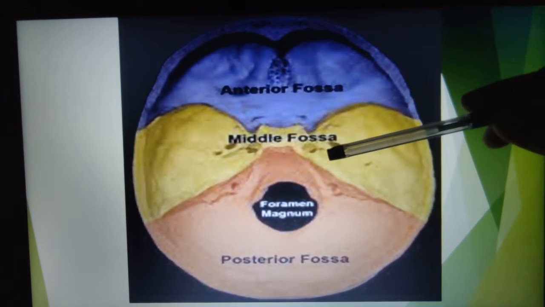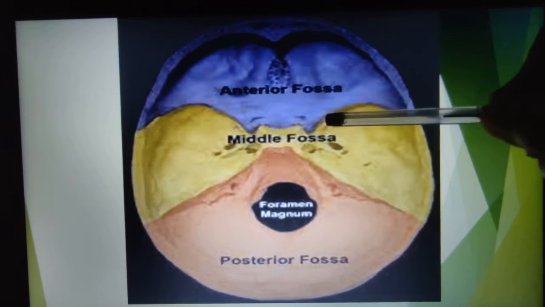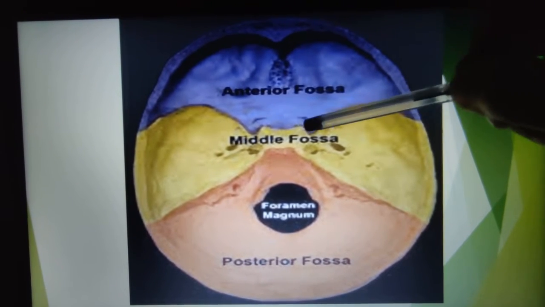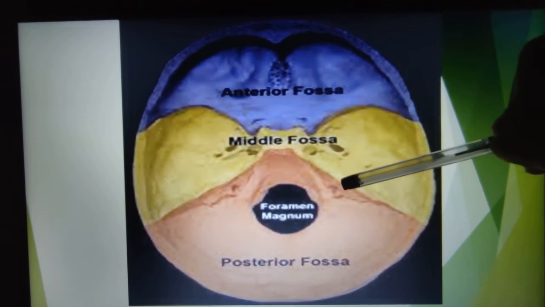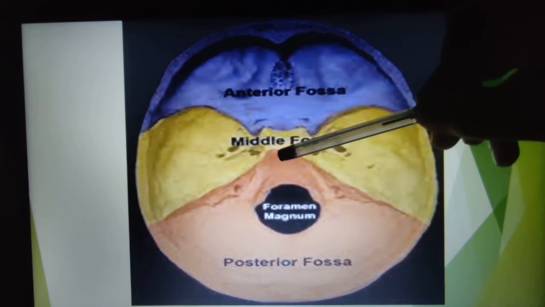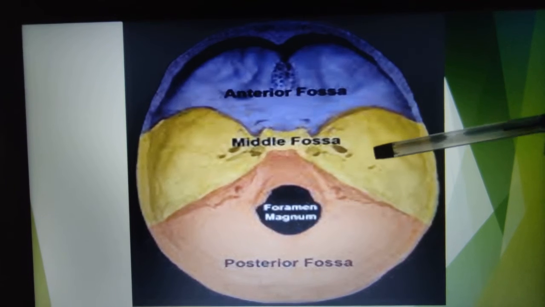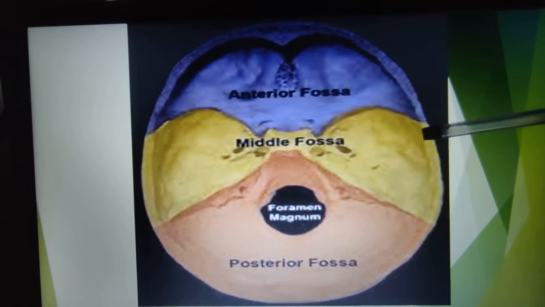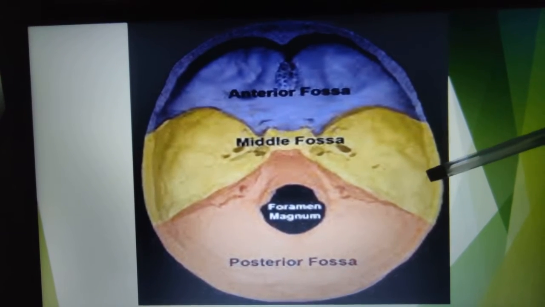So once more I will repeat. Anteriorly it is bounded by the posterior border of the lesser wing of the sphenoid. On each side we are having the anterior clinoid process and sulcus chiasmatis. Posteriorly it is bounded by the superior border of the petrous part of the temporal bone, dorsum sellae and posterior clinoid process. While coming to the lateral side, we are having the greater wing of the sphenoid, antero-inferior angle of the parietal bone and squamous part of the temporal bone.